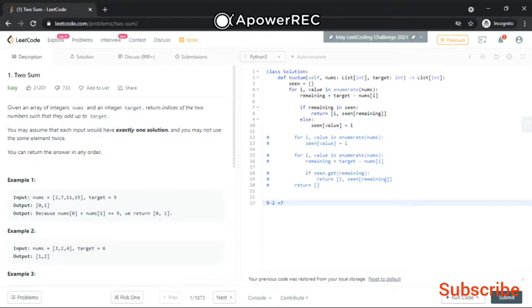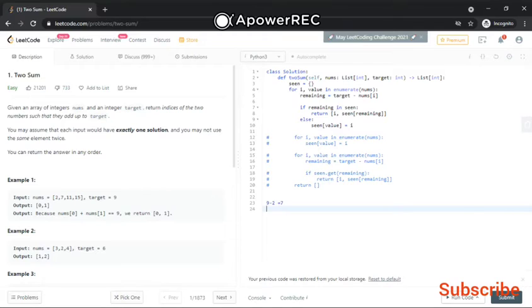We have here a dictionary we have created because we want to do a reverse mapping, as I said, and then we are looping through. As per the logic, we will be subtracting the index value from the target, so we get the remaining value.